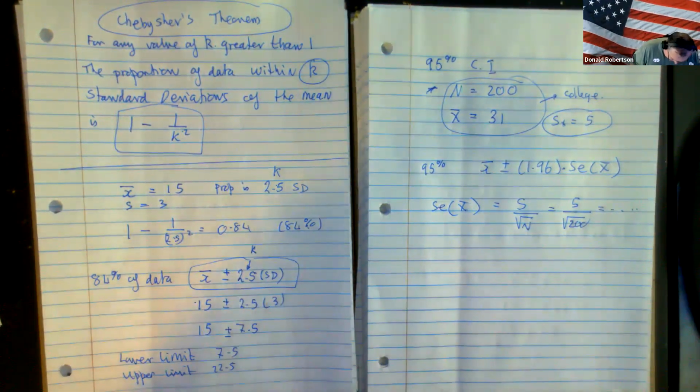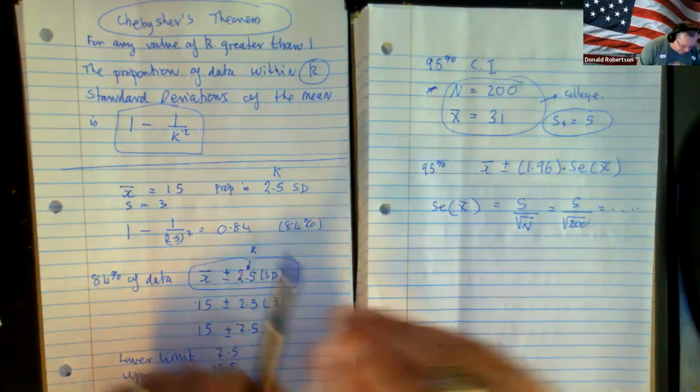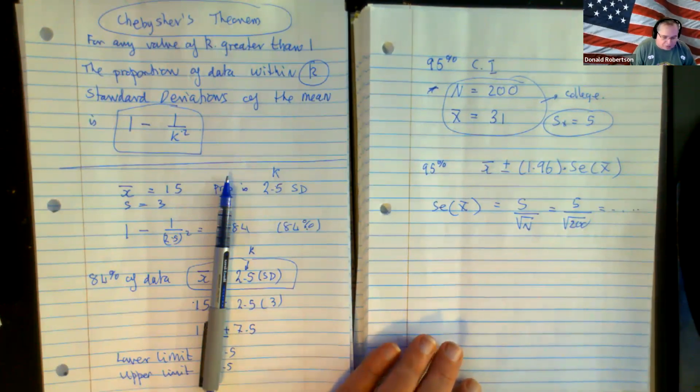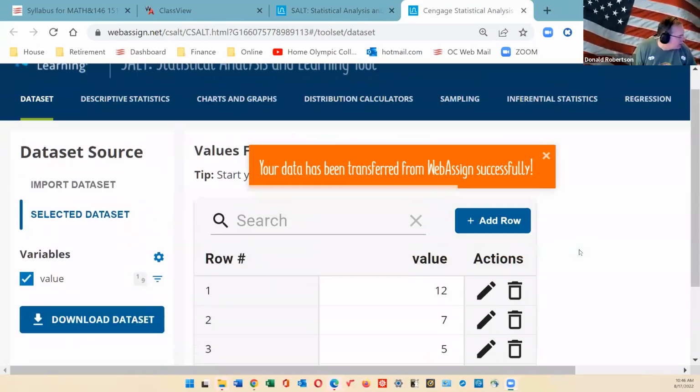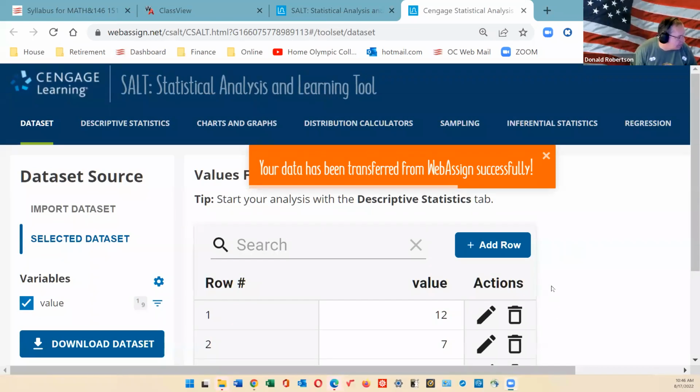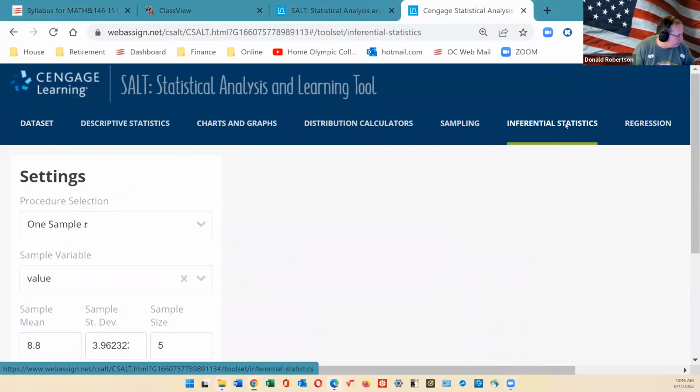So if you were going to do it by hand, and we did show you how to do those by hand, that's how it would work. So let's show you now, because this question is essentially using SALT, how you could do a lot of that heavy lifting by using the SALT button instead. So with a bit of luck, we're in here. Okay. Now I just hit a SALT button. It's going to have a whole load of data there that I don't care about because I'm just using this to get into SALT. And once it's finished doing its thing, if I hit inferential statistics for a minute,